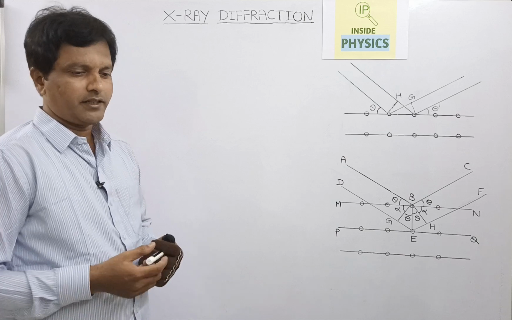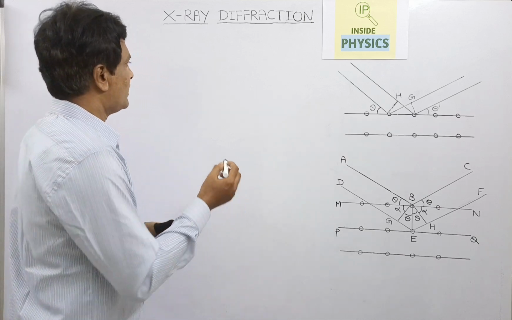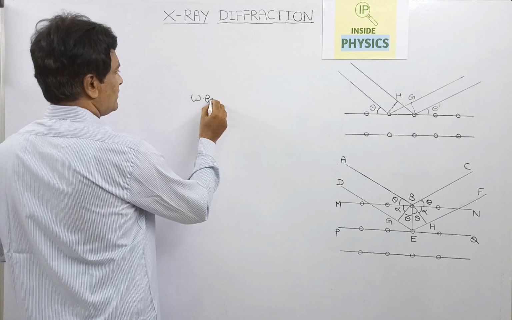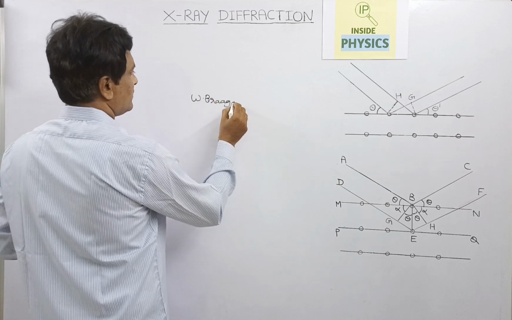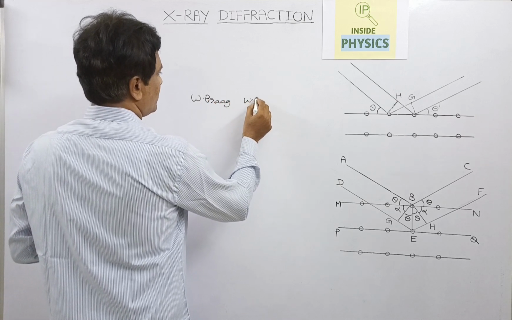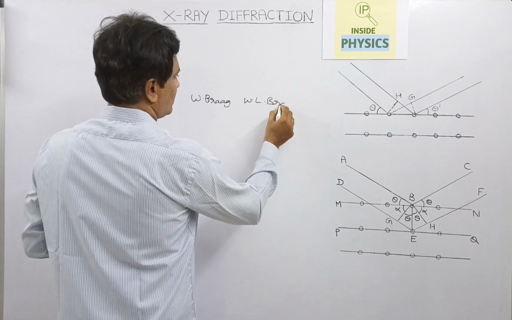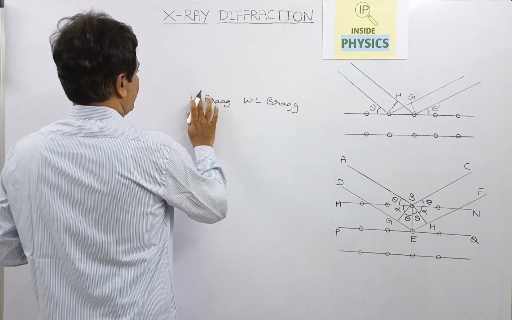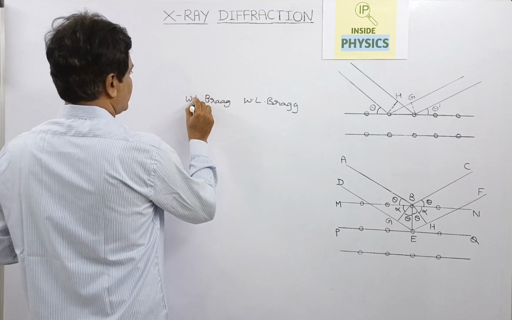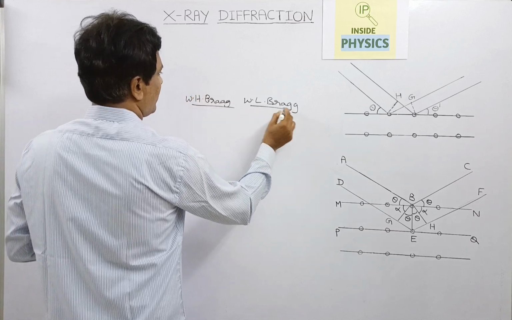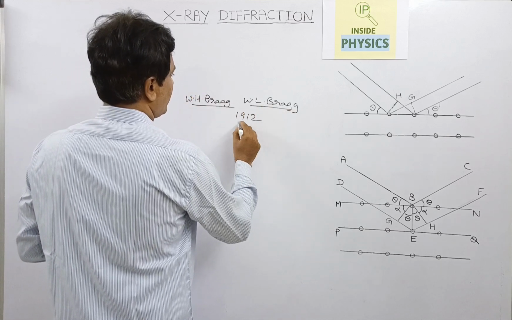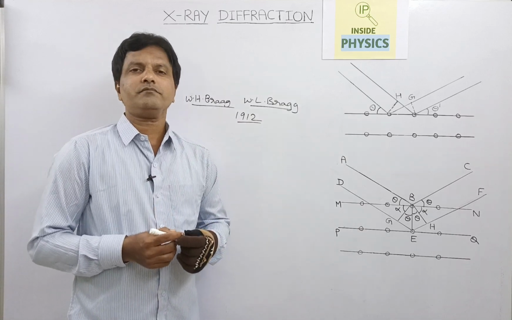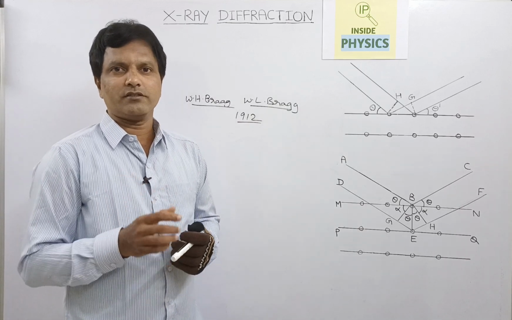Two scientists called H. Bragg and Bragg, in 1912, found a good relation in the diffraction of